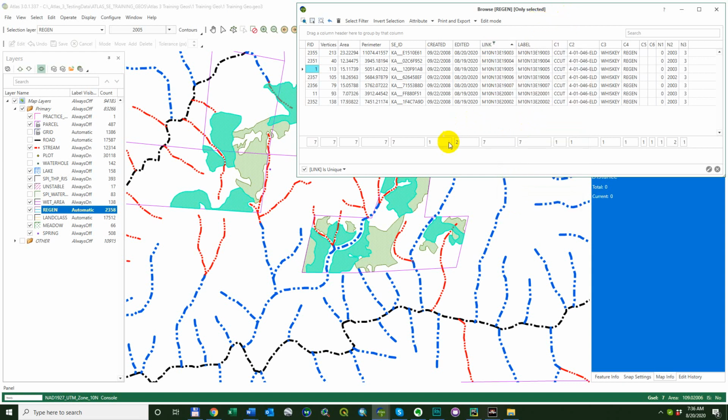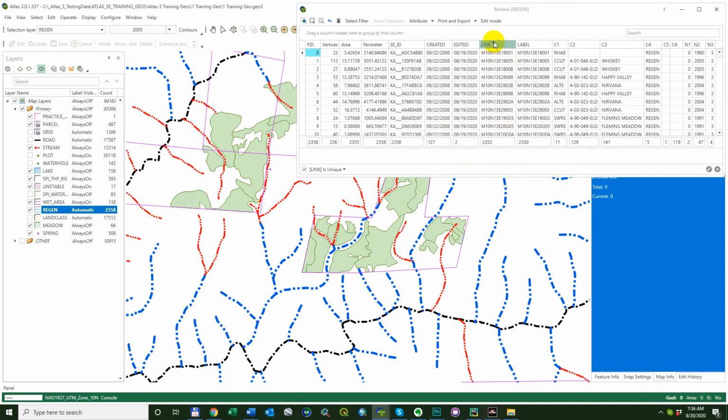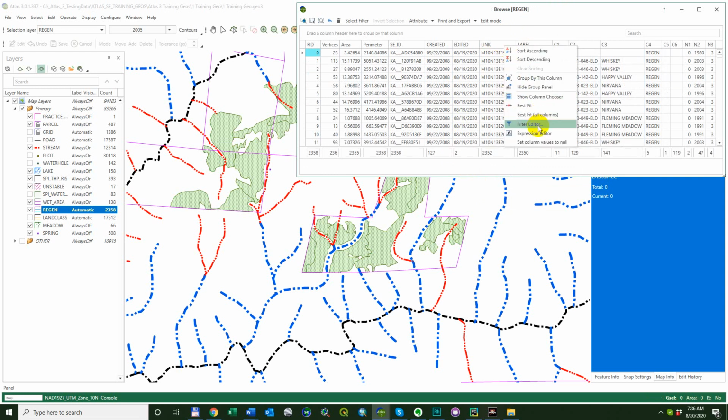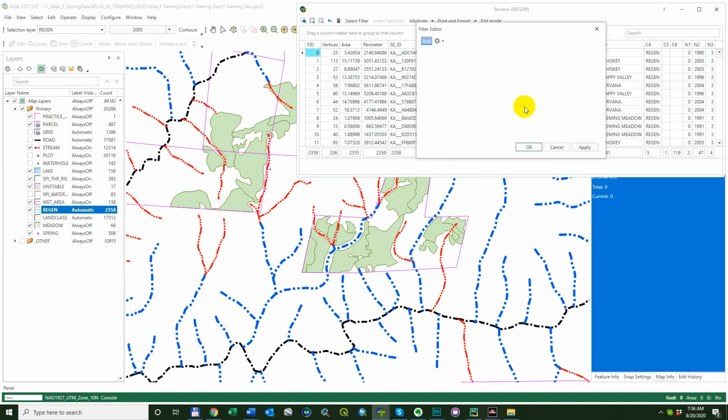And if you wanted to go even more complex, you can right click and, I'm going to clear this filter. I'm going to do filter editor from right click, which allows you to do basically multi-line expressions, and you can actually change the field here too. So if you wanted to do, you can actually change this based on whatever field you're interested in. So you could do area less than 20 acres. It's always acres in area, and you could do